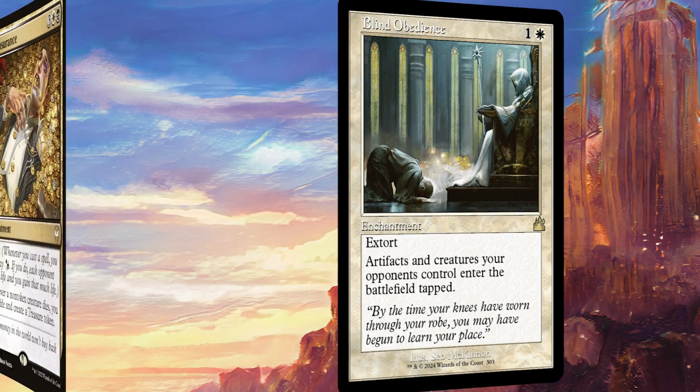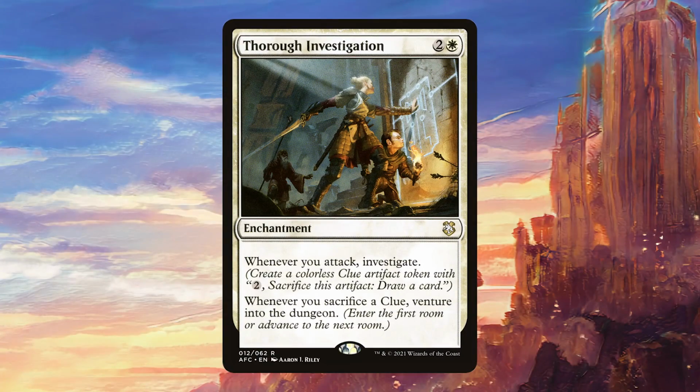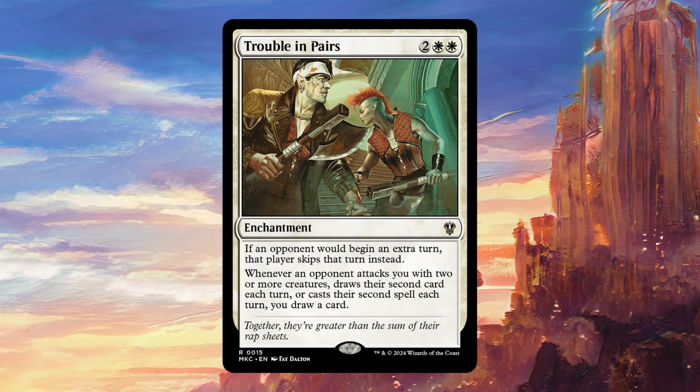nice soft stax piece. Life Insurance is going to give us a lot of treasures because it counts all non-token creatures including our opponents', and also the extort is again very nice. Thorough Investigation provides a steady stream of clues, and then we can also start venturing into the dungeon, which is a nice bit of additional value. And Trouble in Pairs is an excellent new card that should be in most white decks and should draw us